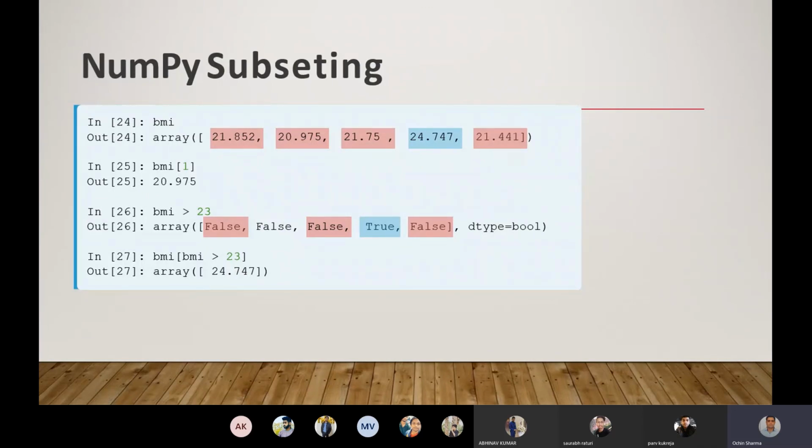As we know, syntax is something we need to remember, and it varies from language to language and package to package. So if we want to print the value where BMI is greater than 23, we need to print again by writing BMI outside. So it will print the value from this particular NumPy array, the indexed value where BMI is greater than 23.